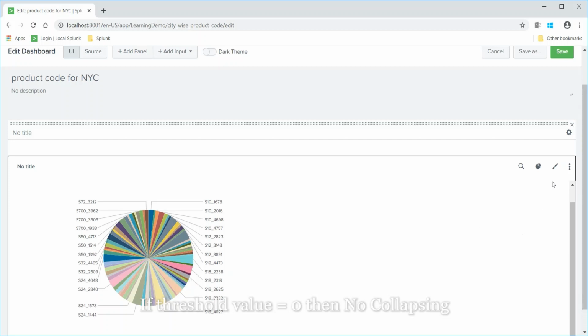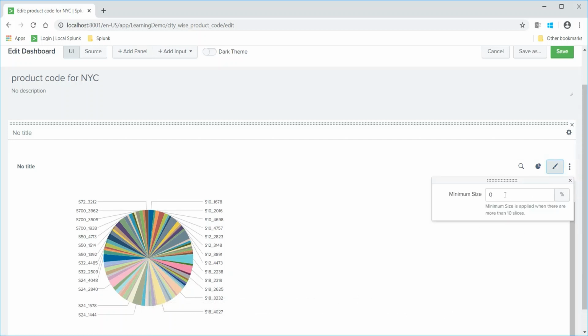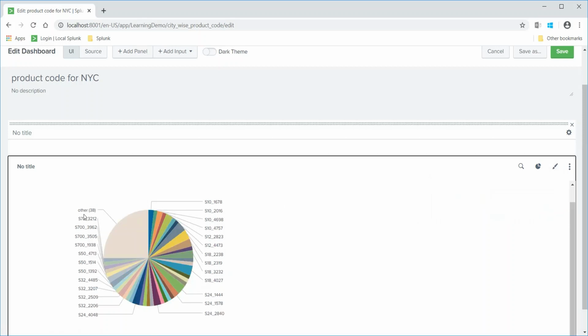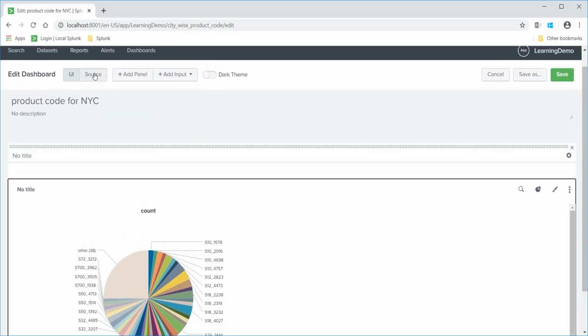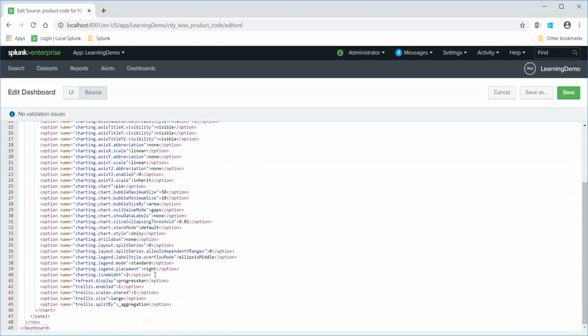Then in some cases, if there is an "other" label for a slice and I want to rename it to something with a better indication, I just have to add that property into my source code. I'll go there, and just for better formatting I will paste it here.